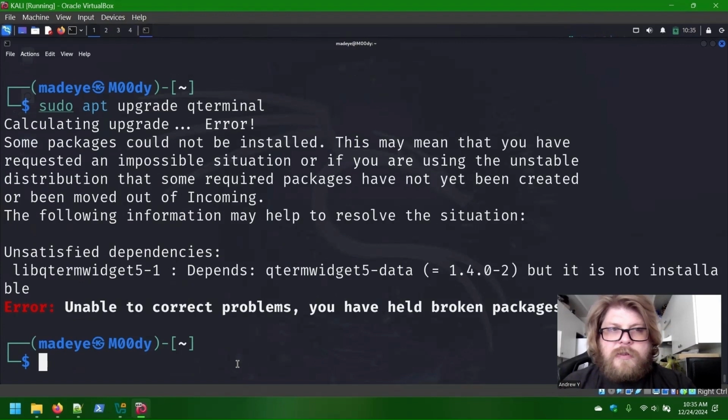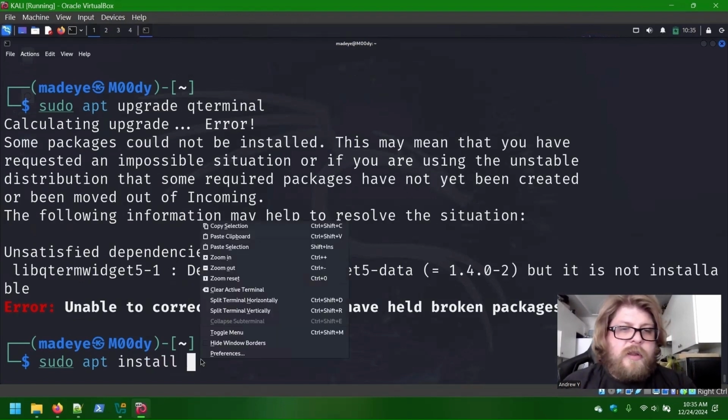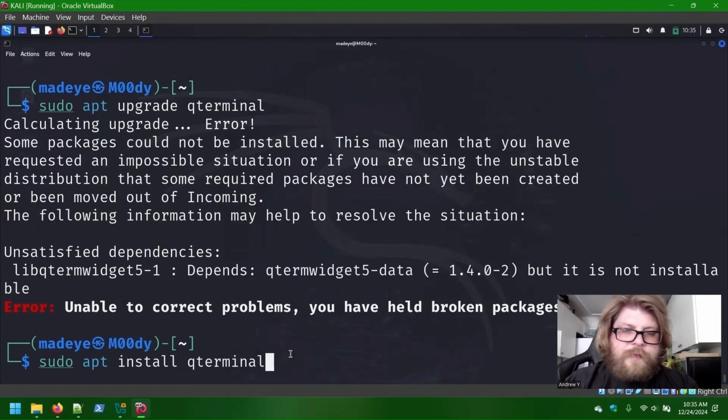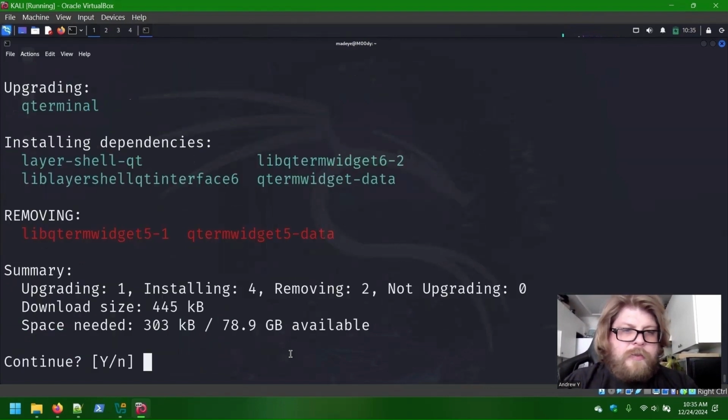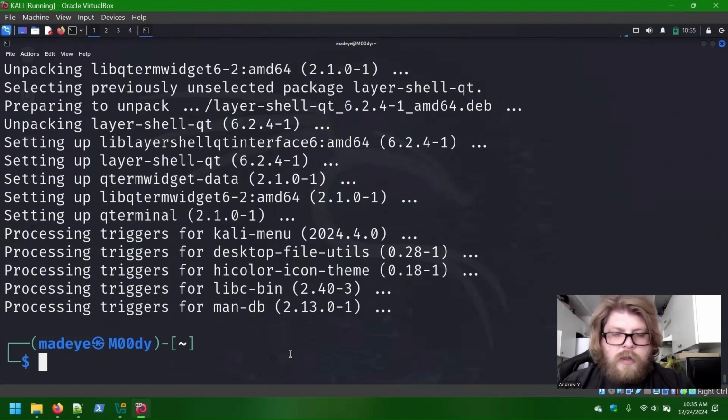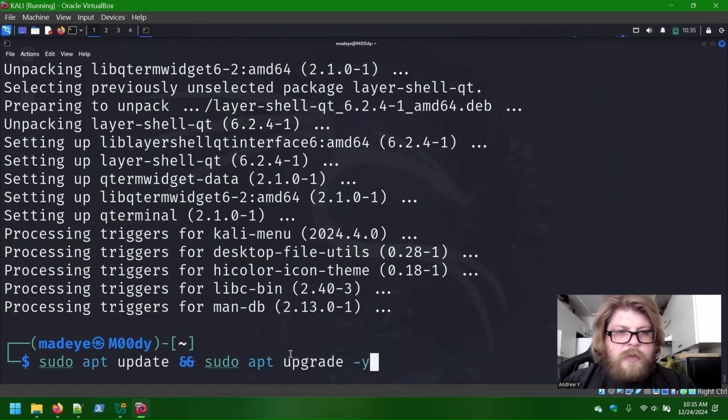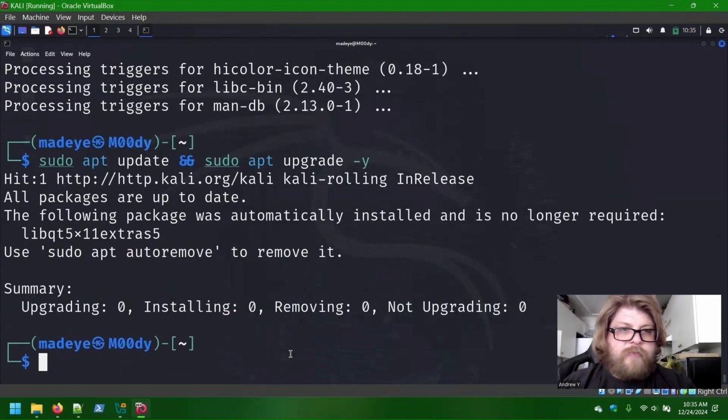I searched kind of harder than I really needed to. What we need to do to get this to push through is type in sudo apt install and type in that value, QTerminal. And we hit enter, and then Y. So if we go up to that sudo apt update and sudo apt upgrade -y, hit enter,